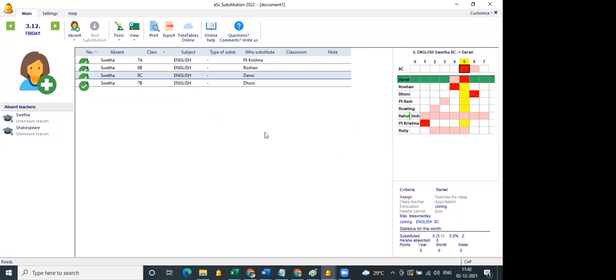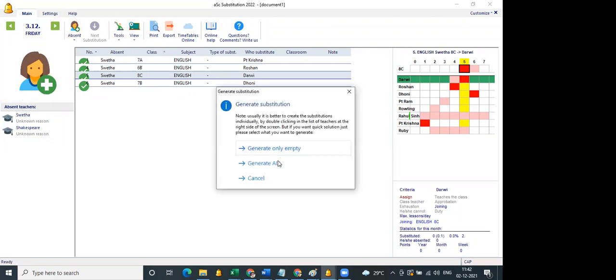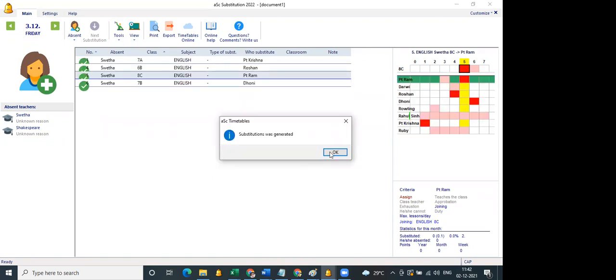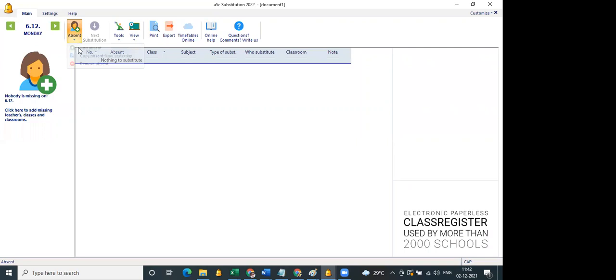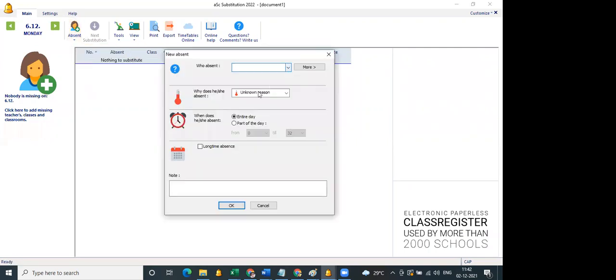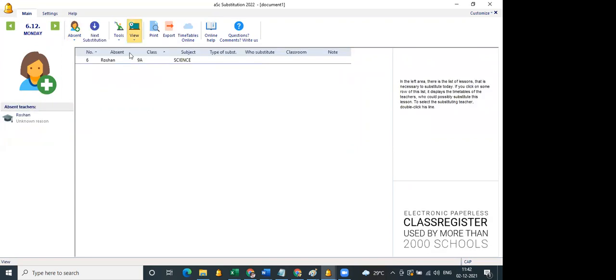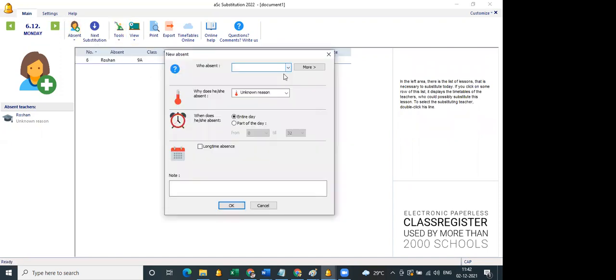Yes, let me generate again. Okay, I'll generate for the next day. Certain teachers are already substituted, so I'll do it for another day. I'll add one more teacher.